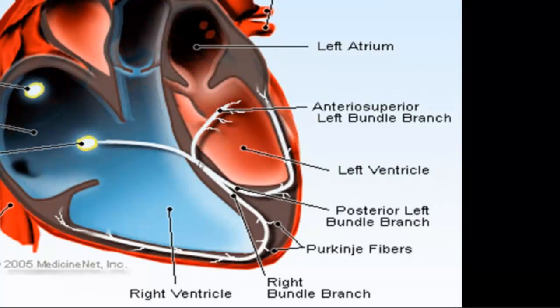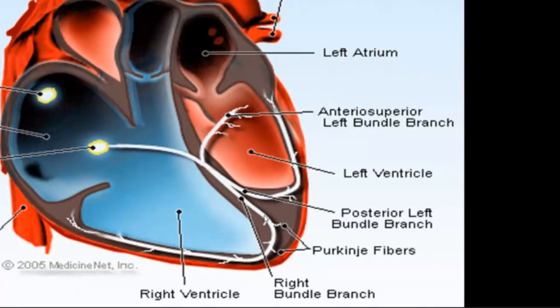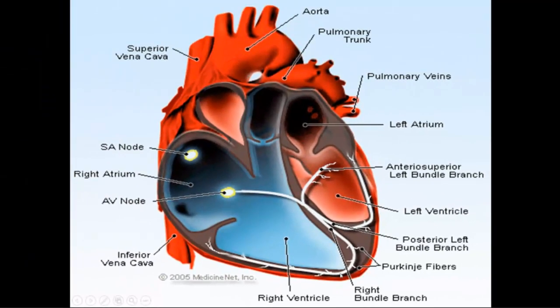then it goes down to the His bundle and to the left bundle and the right bundle. Okay, this is the left bundle. You can see it's composed of two parts, the anterior fascicle and the posterior fascicle, and this is the posterior fascicle. Sorry, this is the right bundle, and these small fibers at the end of the bundles are the Purkinje fibers, which are specialized electrical fibers in the muscle and embedded in the tissue